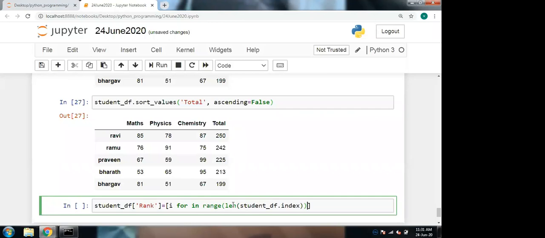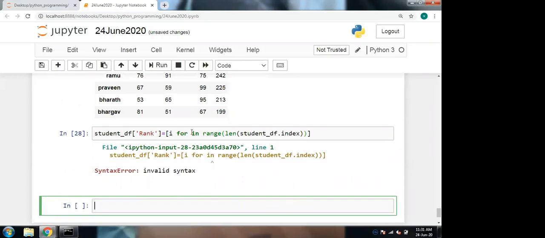Now let me run it up to here. Let us see what we will get. So we got an error here for i in range. This is the list comprehension. I hope you all know that list comprehension. So do you remember list comprehension, everyone?